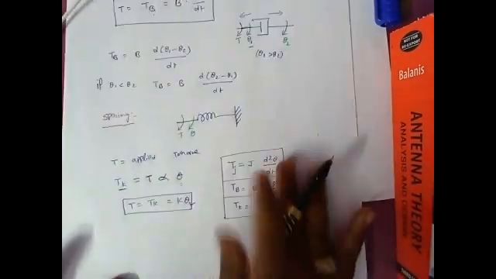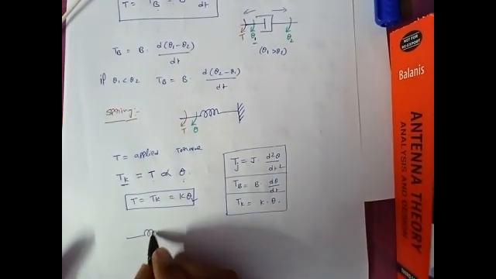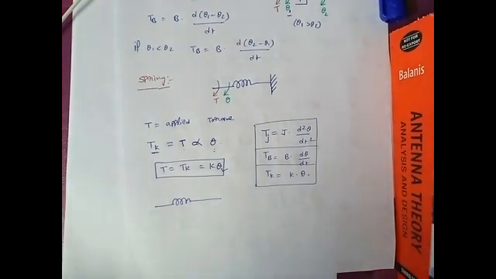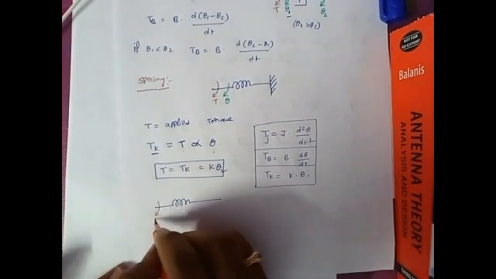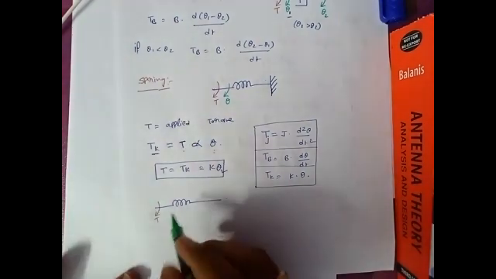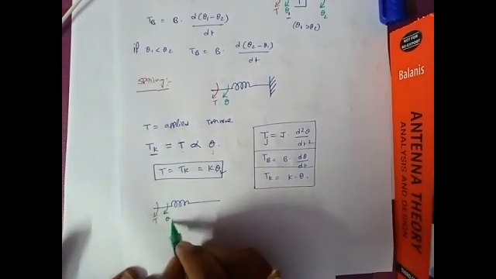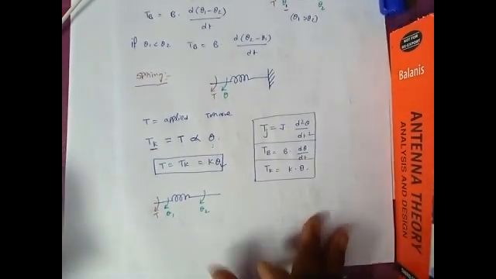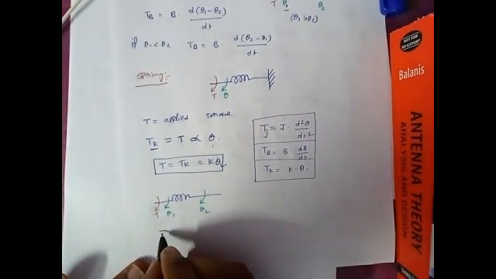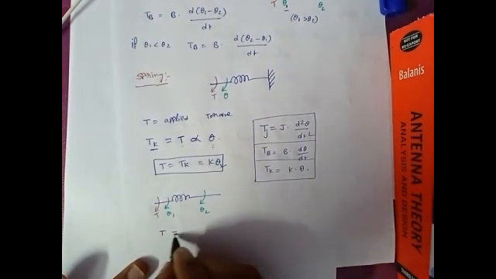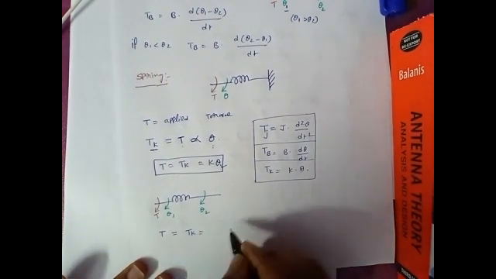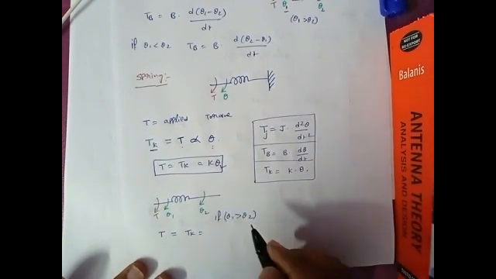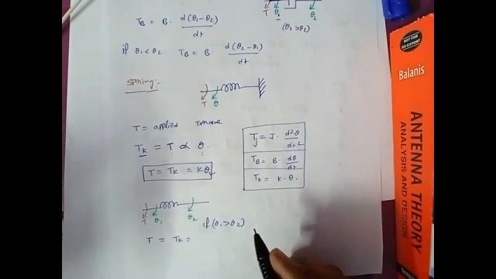In the same way, for a spring with both sides free, suppose the spring is located like this, the applied force is T, and due to T this side has displacement theta 1 and this side has displacement theta 2. If it is like that, then as per Newton's second law, the applied force T equals the opposing force Tk, and if theta 1 is greater than theta 2, it's just like a phenomenon of nodal analysis.